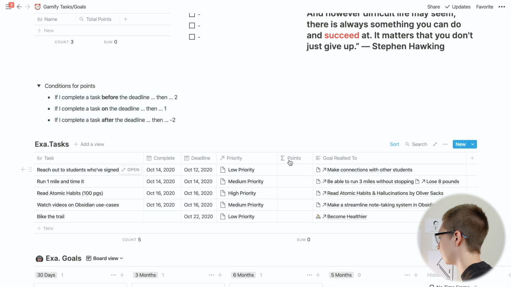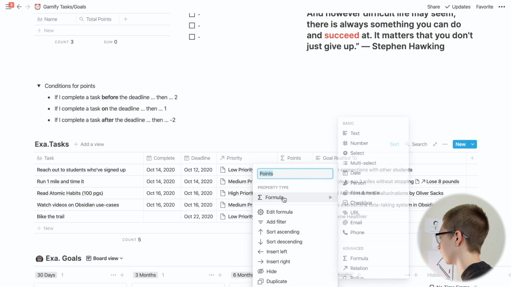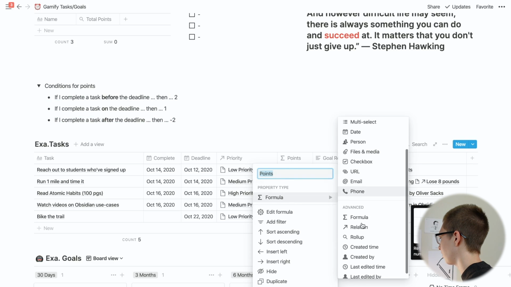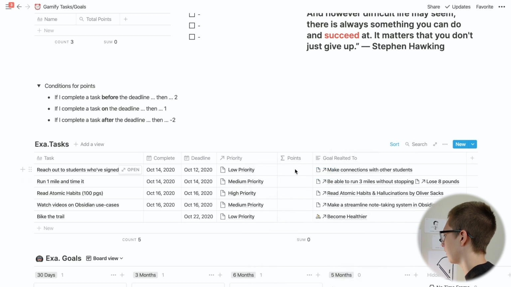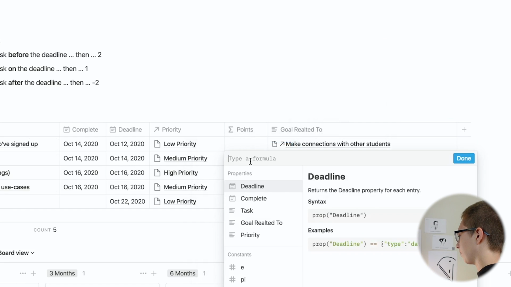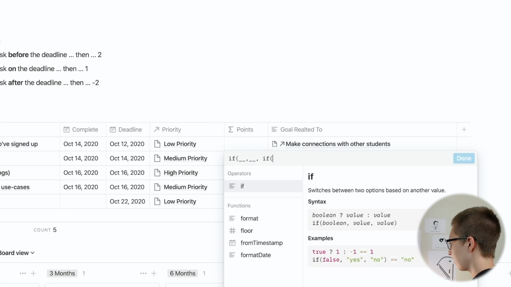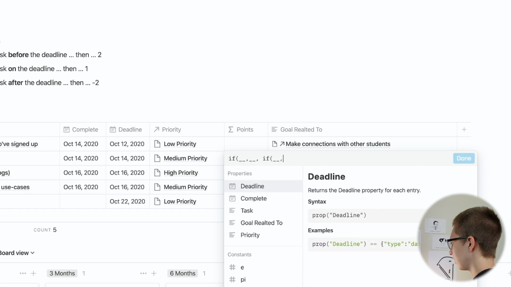So I'm going to this formula cell. What I did was I went into property type and down to advanced, and you'll see formula here. Open this box, and I'm going to start creating if statements. An if statement is basically: if this, then show me that, comma, if this, then show me that, comma, also if this, then show me that, comma, otherwise, if all 3 of these conditions do not apply, show me